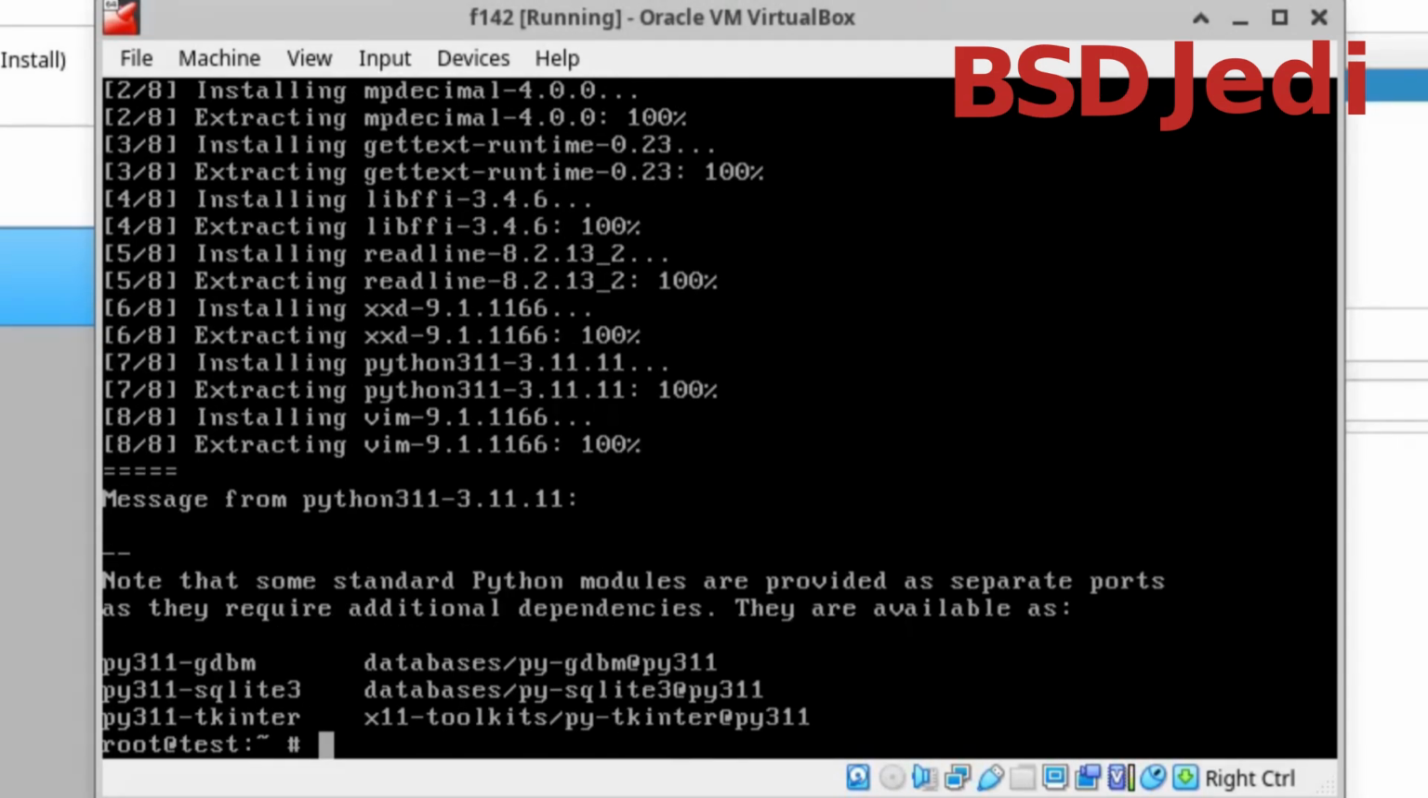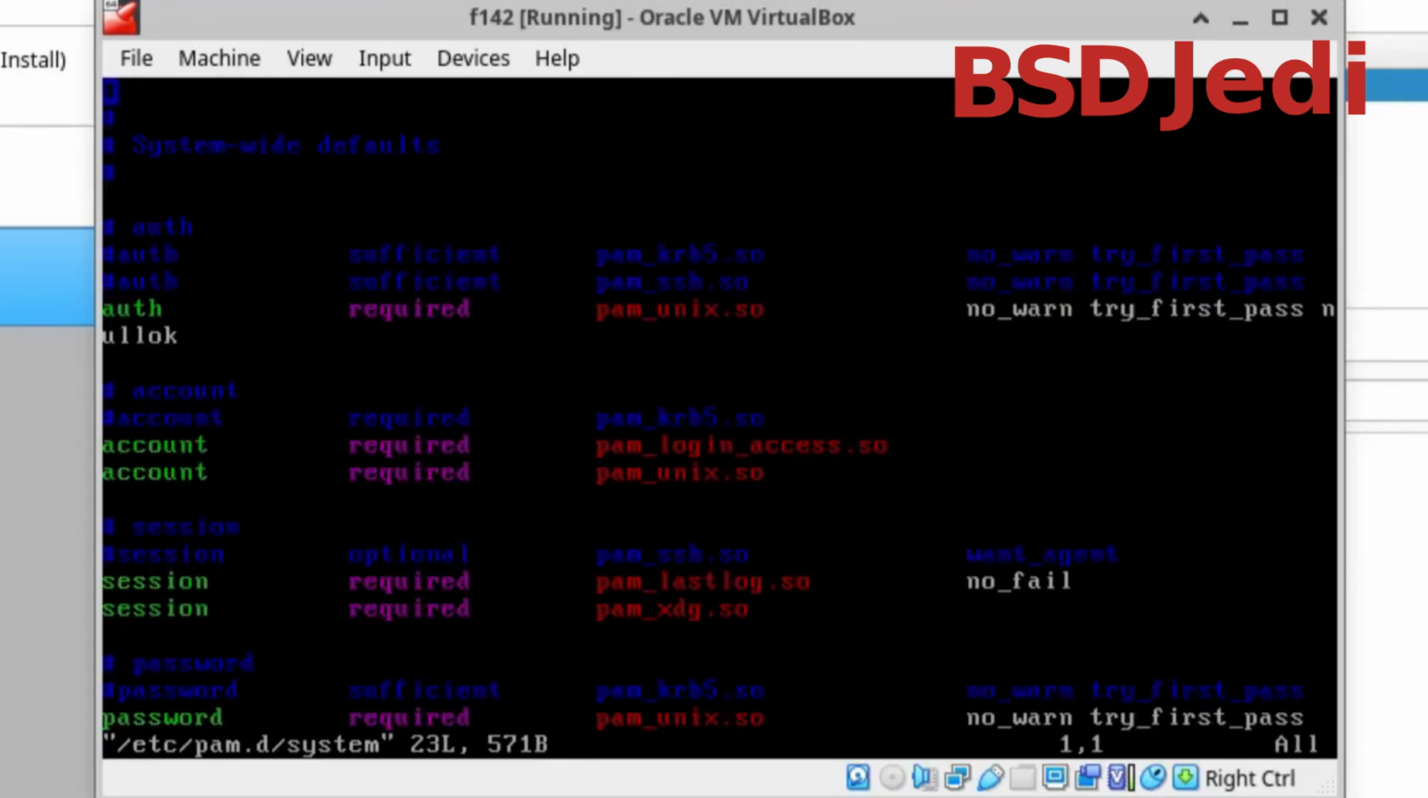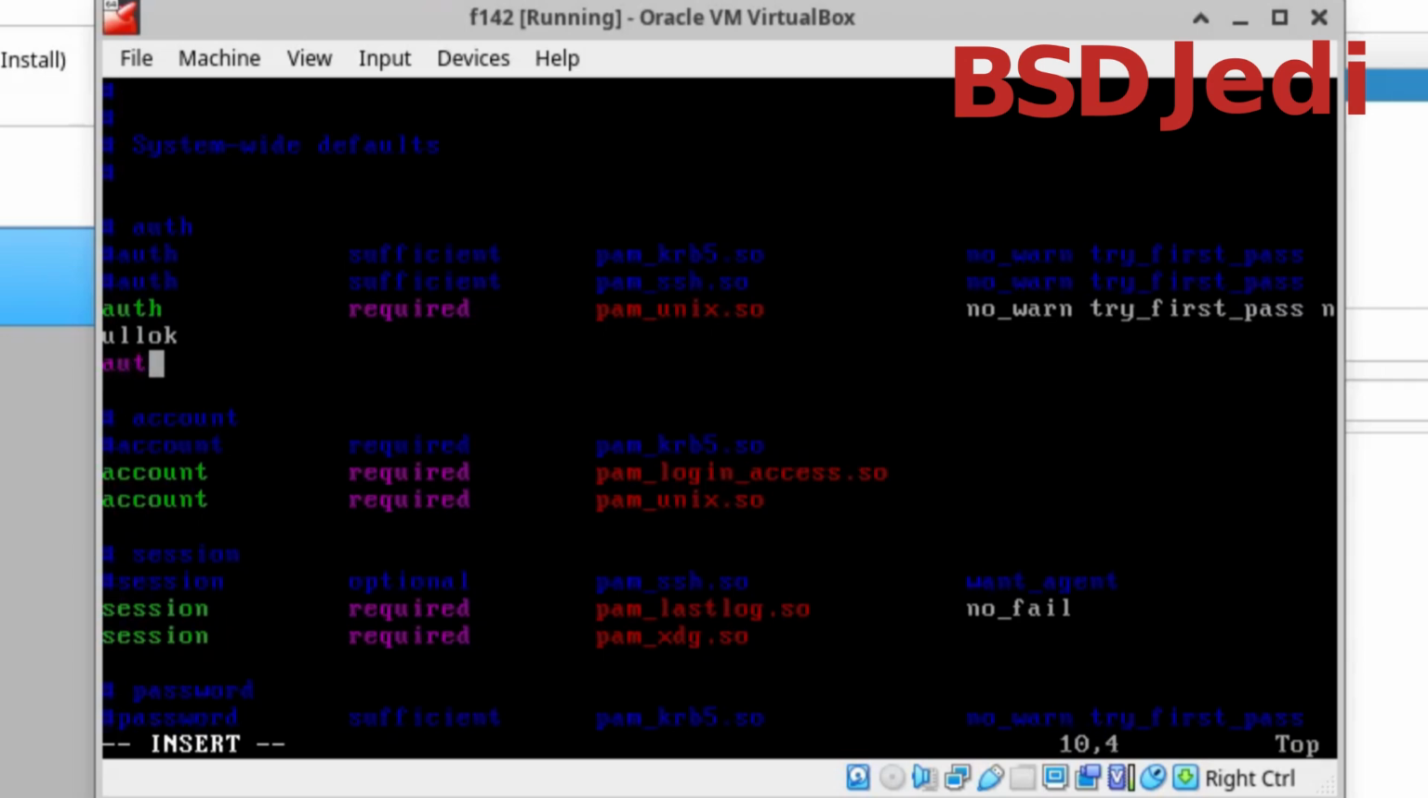So let's edit the following file, /etc/pam.d/system. Here we are going to look for the auth, and we're going to add a new one, auth, which is optional, pam_zfs_key.so, and here we write